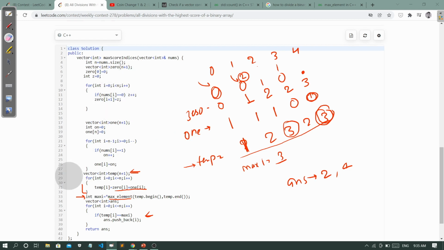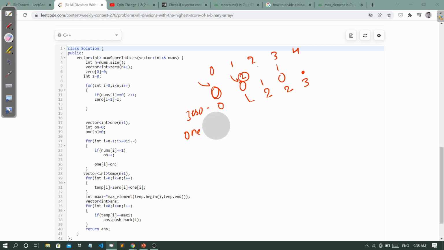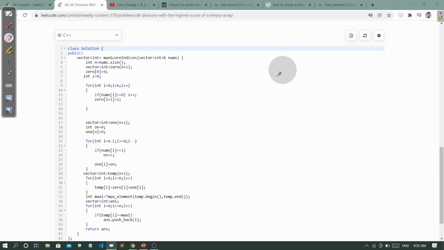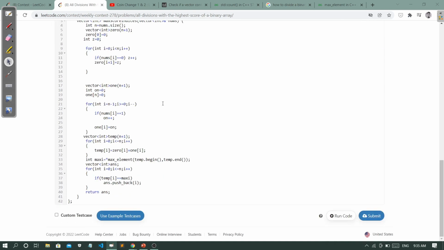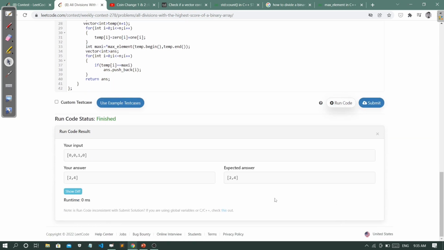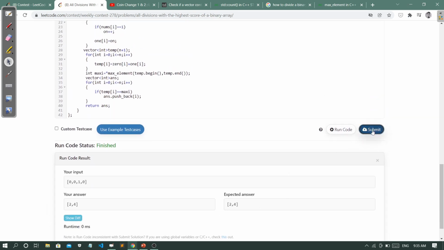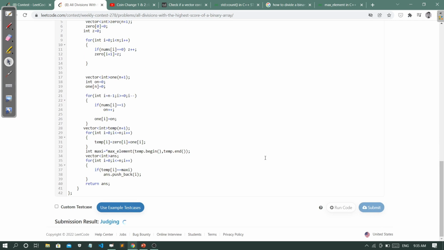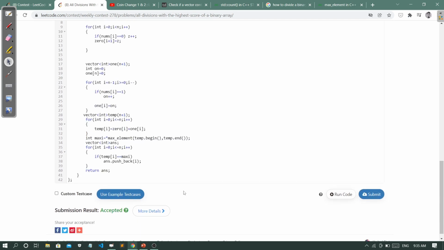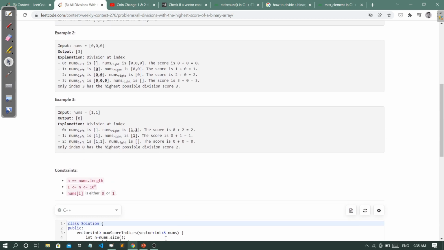If you try to submit this code, it will be successfully submitted. So let's see whether this is true or not. Yeah, it's giving the correct result, and if we submit for all the test cases, you will get accepted. Let's wait, there is a network issue. Yeah, it's accepted.